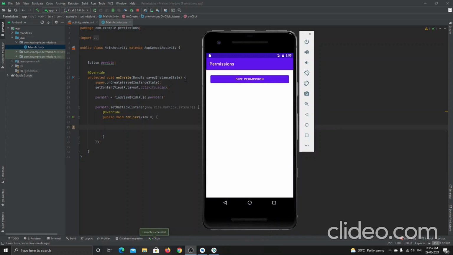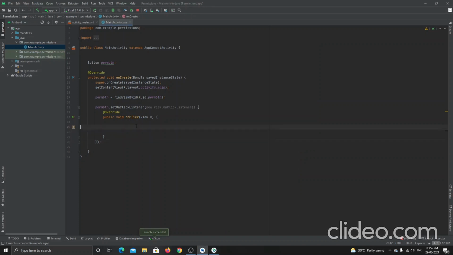See, the Gradle build has finished and it is being installed on the mobile. It is just loading, but it doesn't work. When I click the button, it doesn't give me anything, because there is no code to run. So what happens if there is no code? If I click the button, it won't work. I'm clicking on the button, but it won't do anything because we didn't specify what to do here.